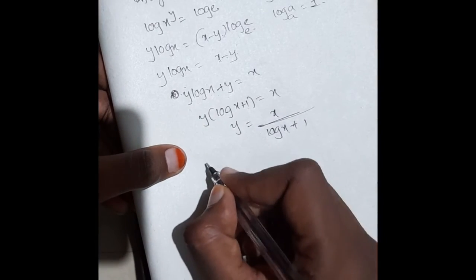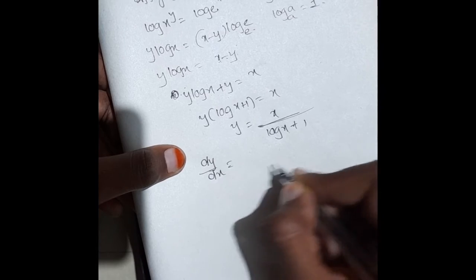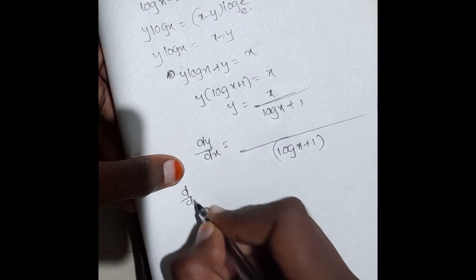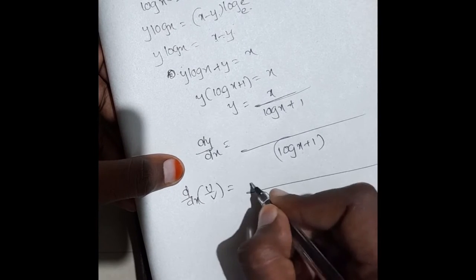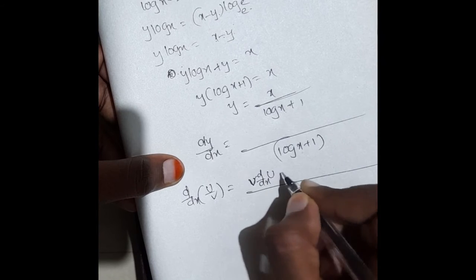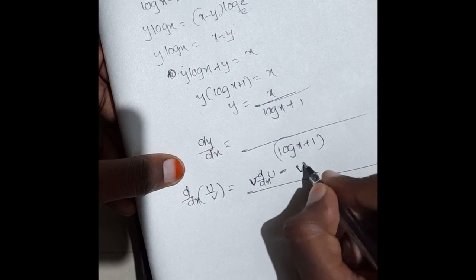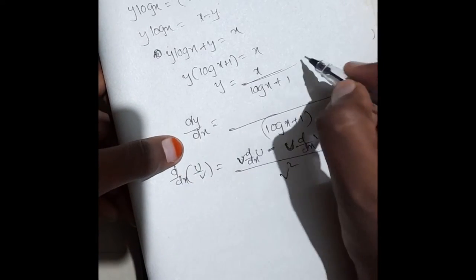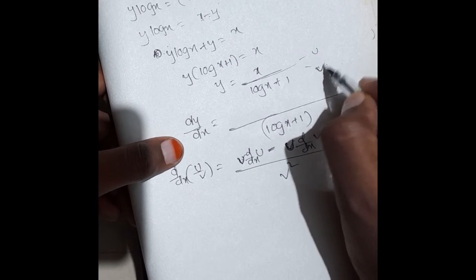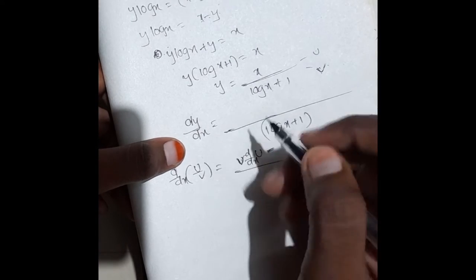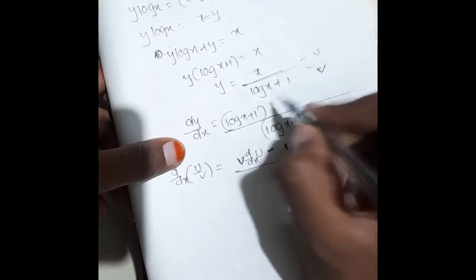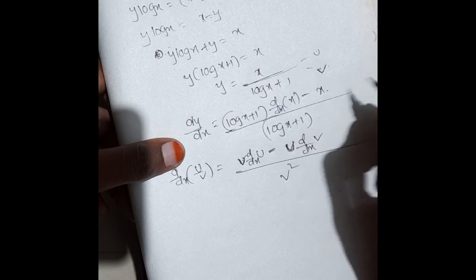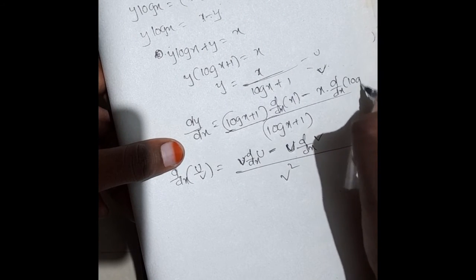So now differentiating with respect to x again. Now again the same formula which we used in the last problem. d by dx of u by v is v d by dx of u minus u d by dx of v, by v square. Okay. So now what is u and v? u is x, v is log x + 1. So first v, (log x + 1), d by dx of x, minus what is u? u is x. What is v? d by dx of (log x + 1).